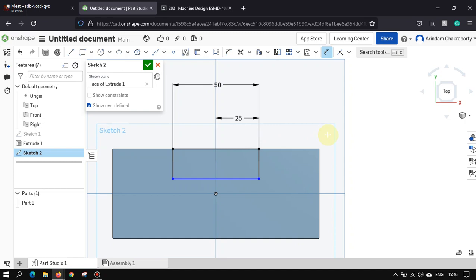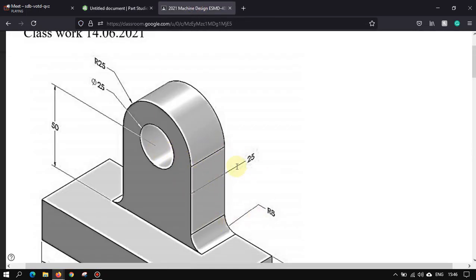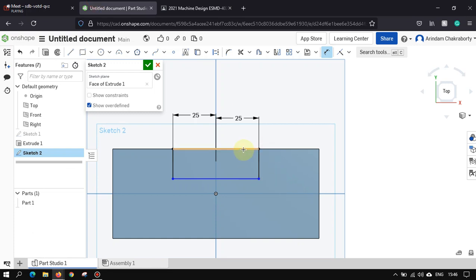What will happen here, on either side it will be 25. You can do it this way, or there's another way, you may also take dimension from here to here. There are a lot of ways you can do it. 25, enter. Again, it is given that it has a thickness of 25, as written. So you just have to click on the edge, not on this line, click over here and click on this line. You will get this dimension arrow. Click over here, again 25, enter.